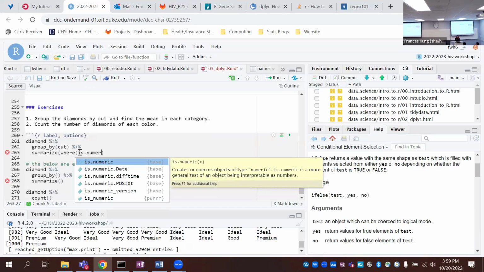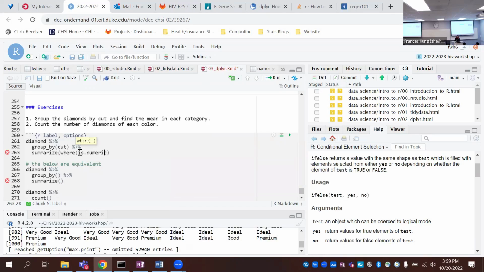So I think what we can do is summarize across the numeric variables, where the columns are numeric, with the following function. We summarize the mean and we try to ignore all of the NAs.